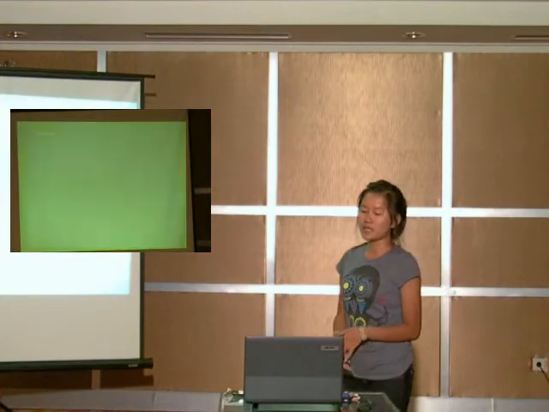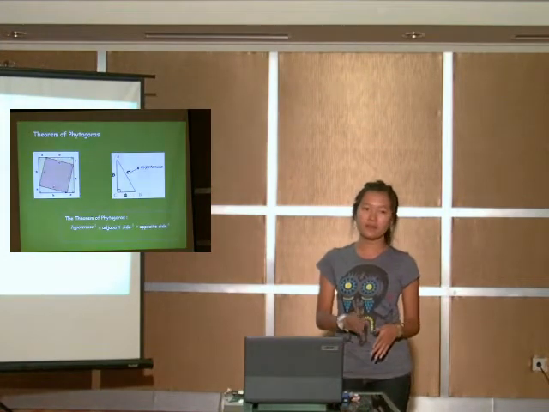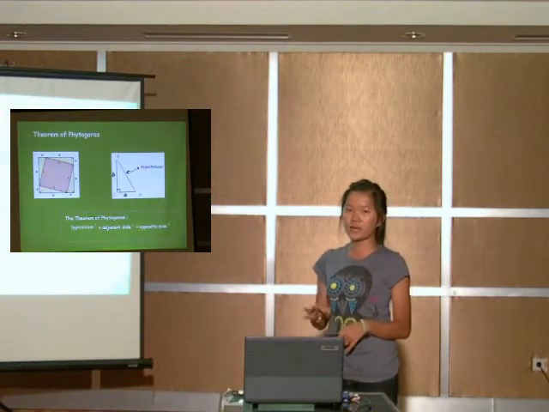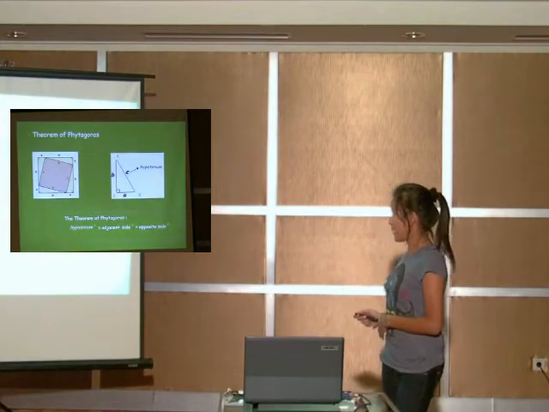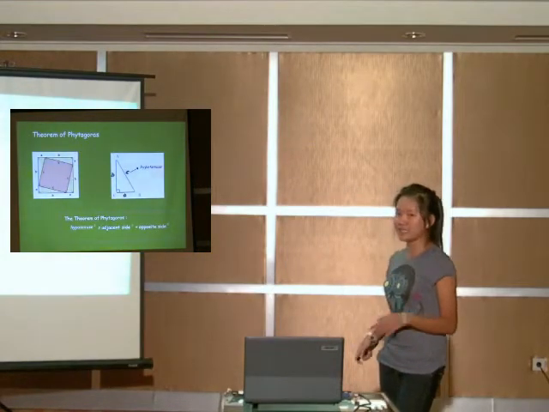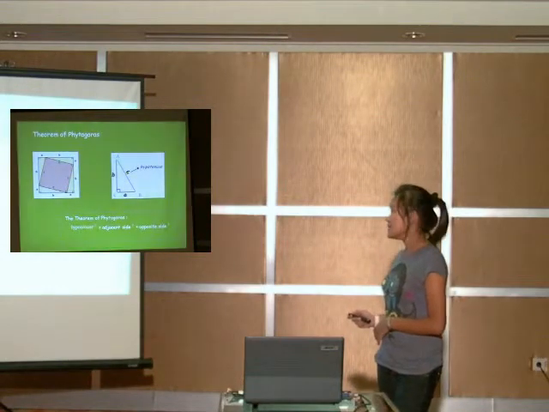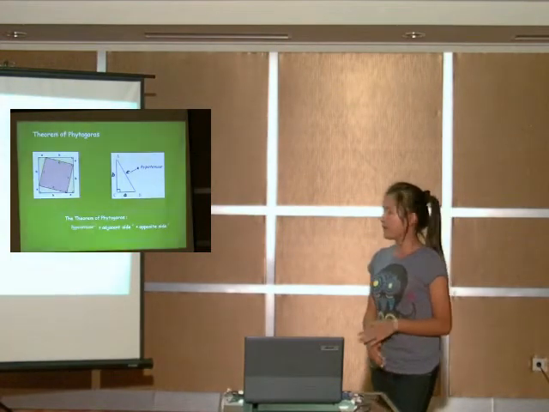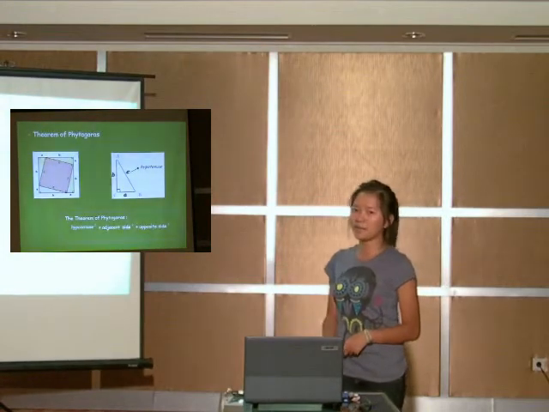Besides number sequences, the other theory is the theorem of Pythagoras. In mathematics, the theorem of Pythagoras is a relation among the three sides of a right triangle. As we know from this picture, we can obtain a right triangle. A right triangle contains three sides. The first is the hypotenuse, the second is the adjacent side, and the third is the opposite side. So we get that the theorem of Pythagoras is: hypotenuse squared equals adjacent side squared plus opposite side squared.